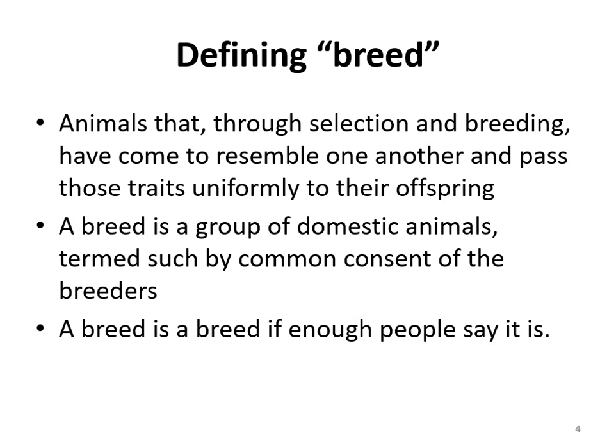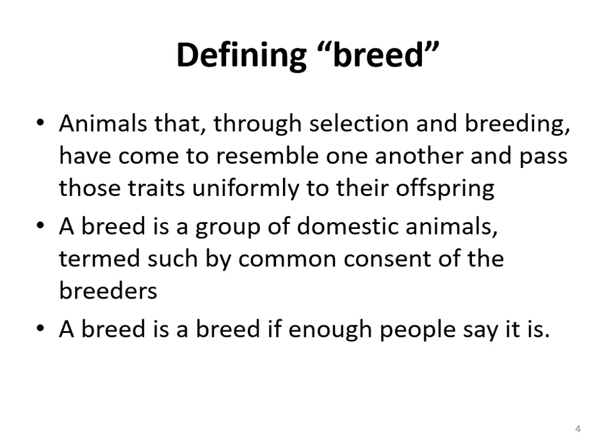Now, first thing is, how can we define a breed? A breed is animals that through selection and breeding have come to resemble one another and pass those traits uniformly to their offspring. A simpler definition is, a breed is a group of domestic animals termed such by common consent of breeders. Another definition is, a breed is a breed if enough people say it is. So defining a breed is the prerogative of breeders. They will have to define the breed. For more advanced breeds, breed associations are there who